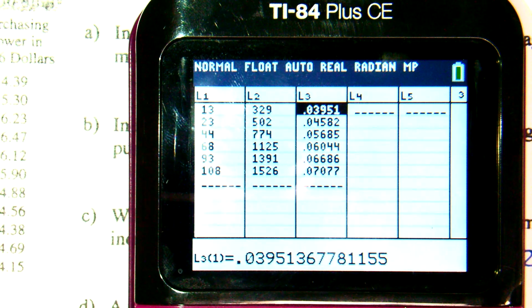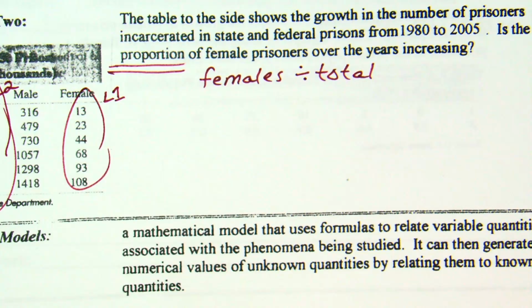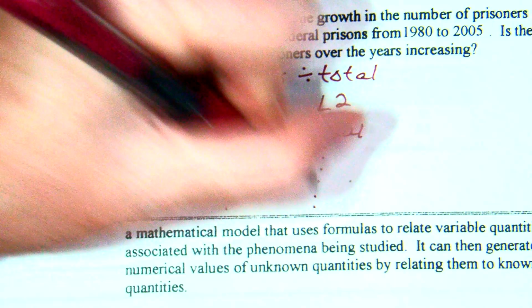I'm going to write a little bit more than that because my philosophy is always who's going to be looking at my notes later. Okay. Your philosophy should be what's going to help you the most later. Okay. So my L1 was females. My L2 was total. So when it came to L3, I typed in L1 divided by L2. And I got these numbers here,